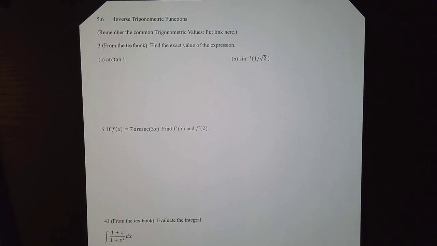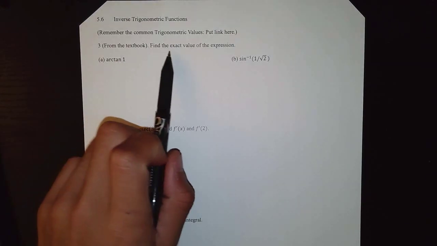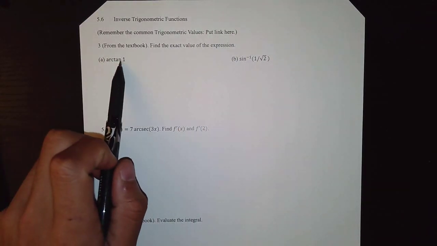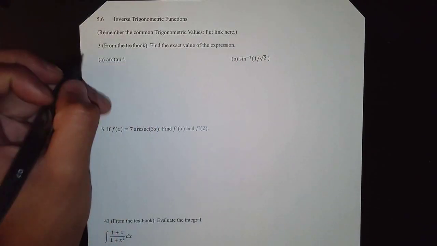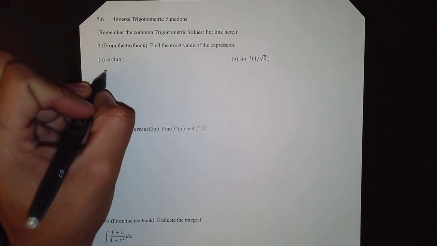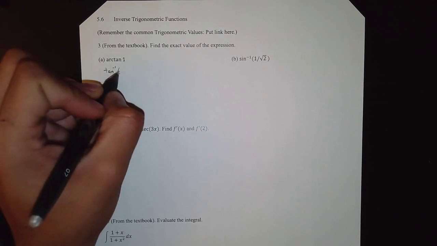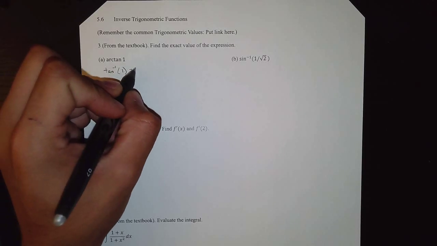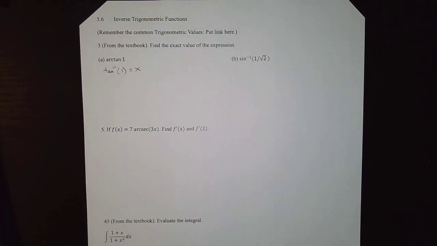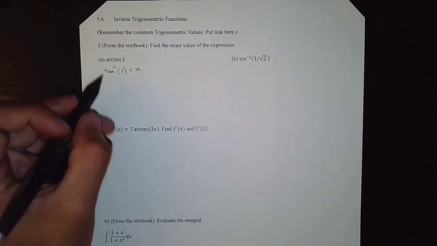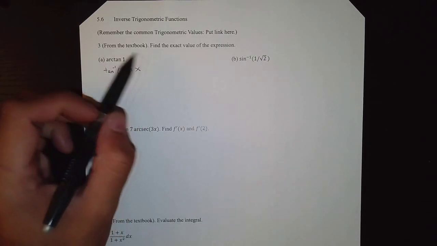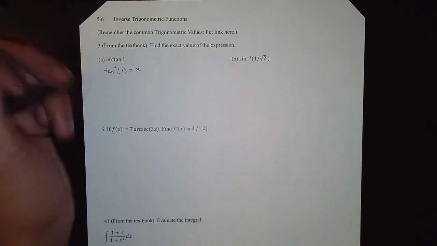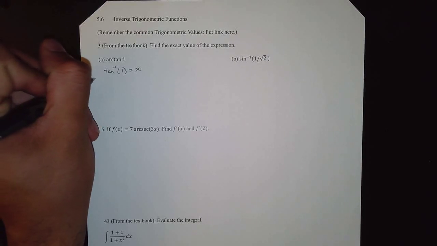6. Inverse trigonometric functions. Problem number 3 is from the textbook, and it says, find the exact value of the expression, arctangent of 1. We have to realize that arctangent of 1 is just saying the inverse tangent function at 1 equals some number x that we do not know. Imagine that the tangent function undoes the arctangent function. And so we would have, if we took the tangent of both sides,